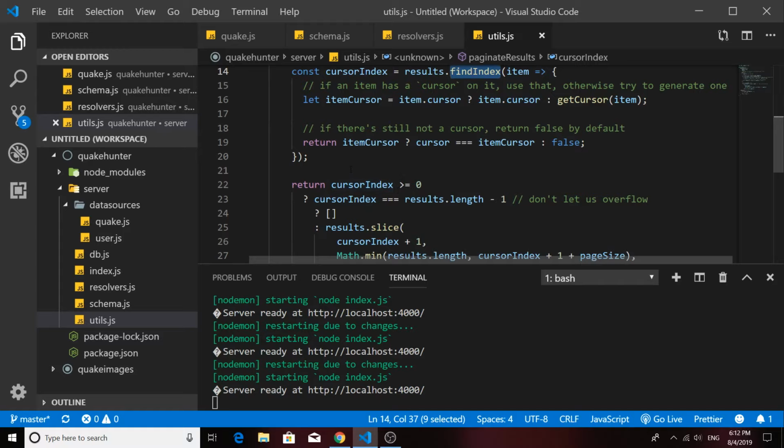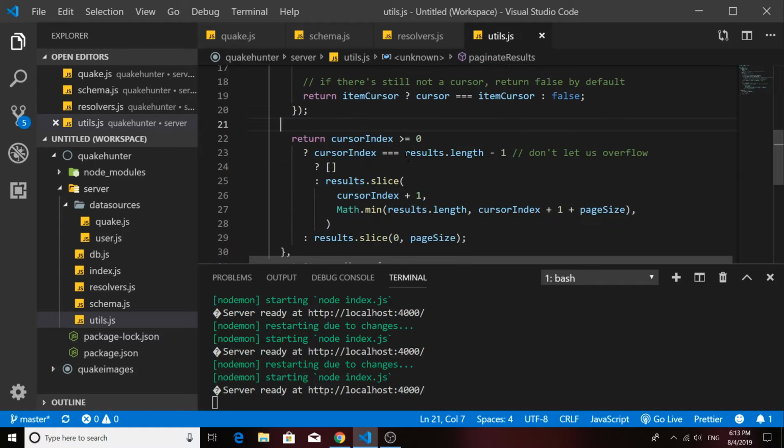And then once you have that index, it's going to look here and say, are we at the end of our list of results, which in this case is almost 300? And if it is, if your cursor index happens to be the last index in the list, then it's not going to return any more. But if it's not, then it will return